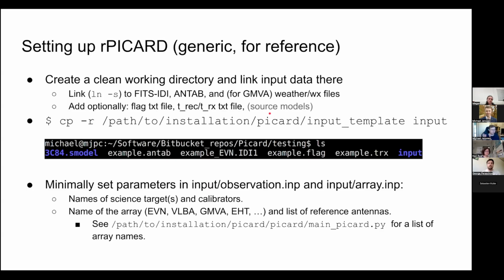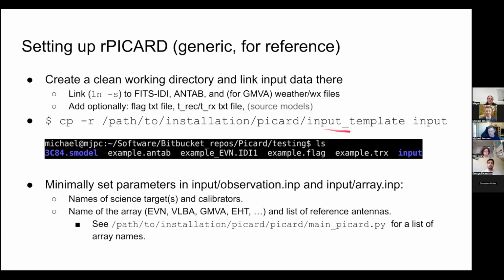So you can, for example, do first calibration, go all the way to the imaging, and then with your final image model, redo the calibration with the image model already taken into account for fringe fitting and everything else. Okay, so but now let's say we are in our working directory. We've put all of the necessary data there, and then you just copy this